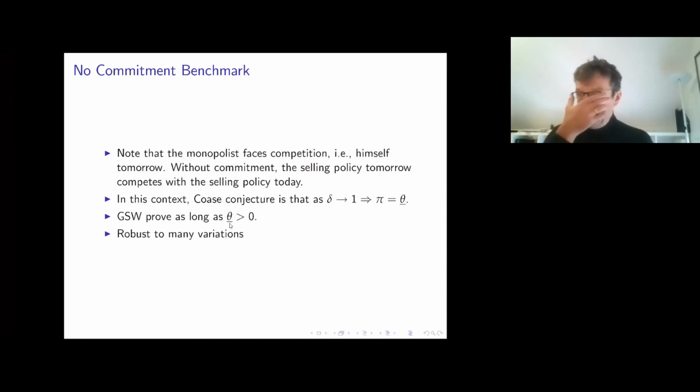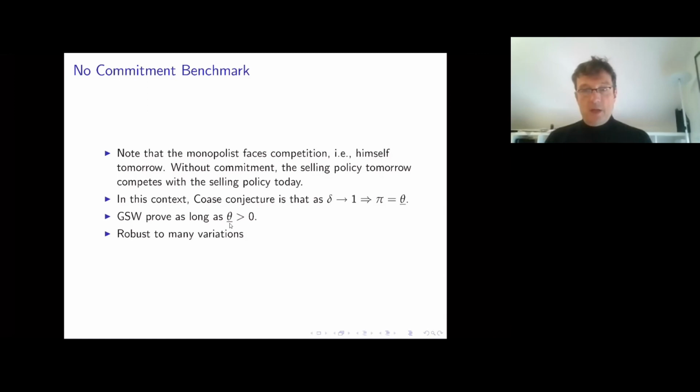So this highlights to you, by means of this particular result, a formalization of the Coase conjecture. It highlights that commitment is very important when we think about the dynamic revenue maximization problem, because the Coase conjecture essentially told us that in the absence of commitment, even the simplest dynamic allocation problem, where there's just one buyer,